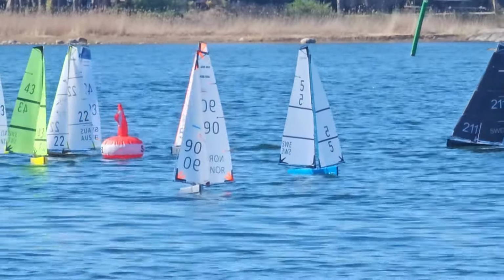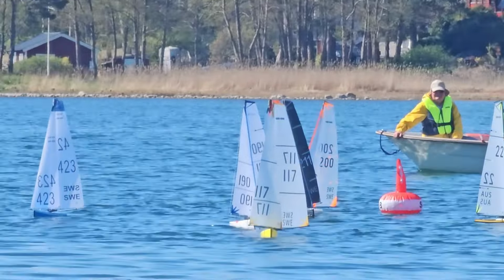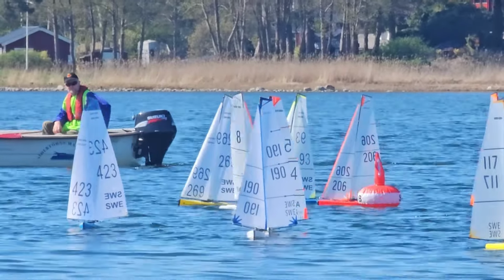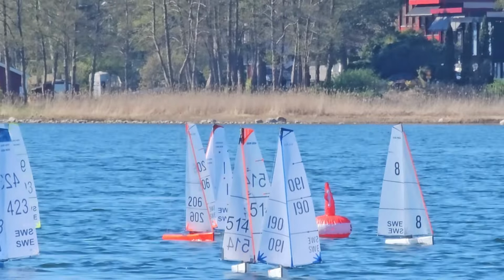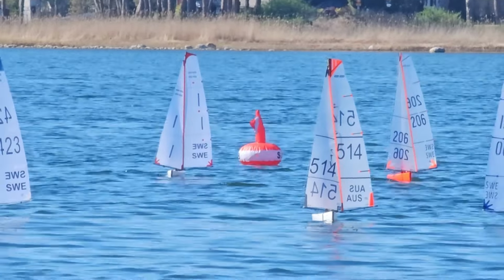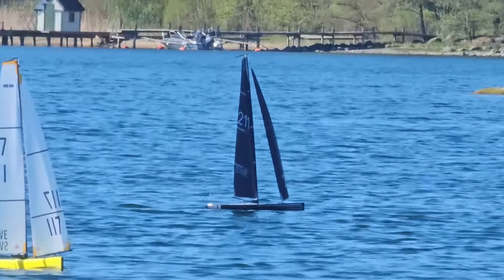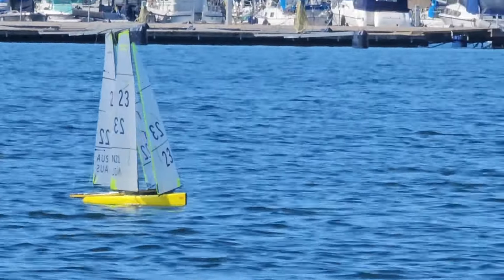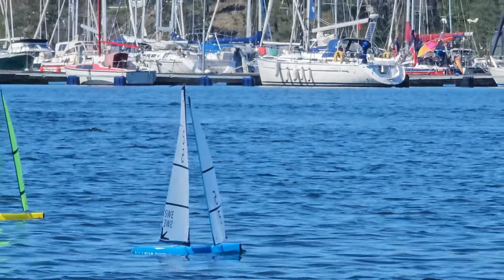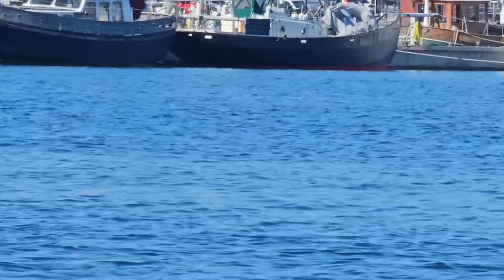What's interesting is the Swedes have dominated the Gold Fleet due to their knowledge of the conditions, and they have really sailed well in these lead-up races and the heats to have the dominant fleet. However, we've got some champion sailors from Australia, from the UK, and from Norway, who are really challenging and making good time and good boat speed, but more importantly, making great decisions. You can see going down here at the moment,